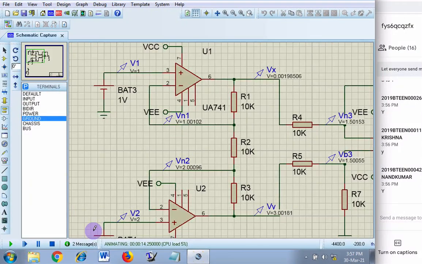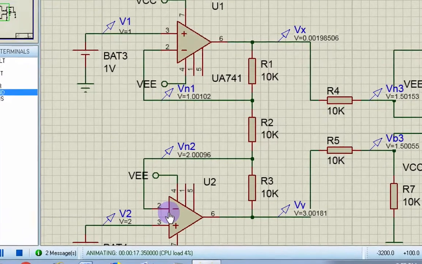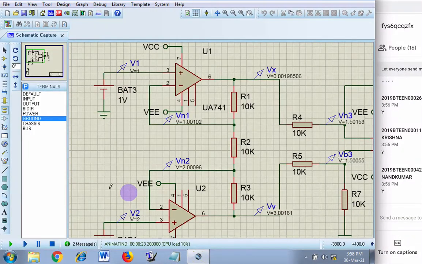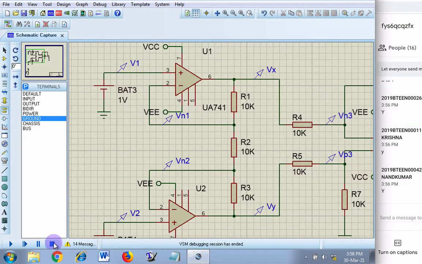Right. Now you may ask one more question, that V2 and Vn2, if you look at them, they are close but they are not exactly equal. Okay, did you observe this?